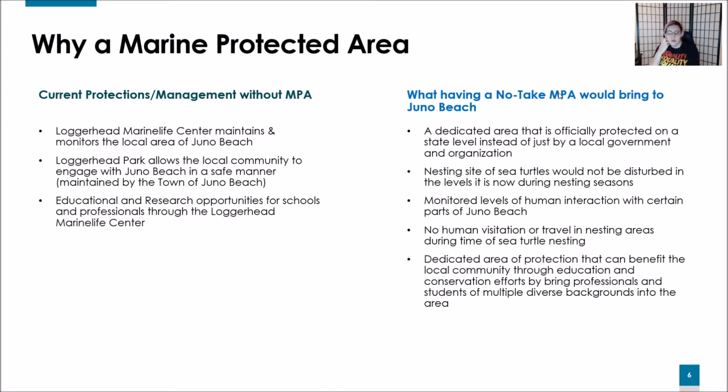It would also monitor levels of human interaction with certain parts of Juno Beach, specifically the area that's going to be marked as an MPA. Allowing, back to the nesting sites, no human visitation or travel during these nesting times within the nesting areas, mainly within the MPA designated area, because that's mainly going to cover these nesting areas. And there's also an overall dedicated area of protection that can benefit the local community through education and conservation efforts,